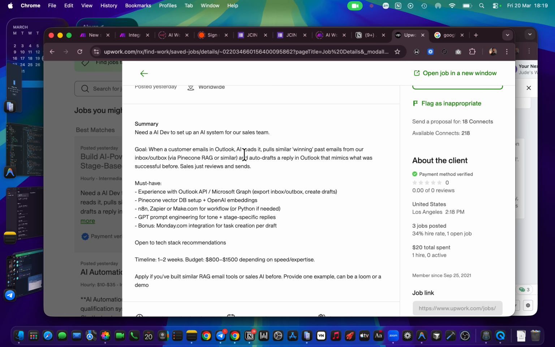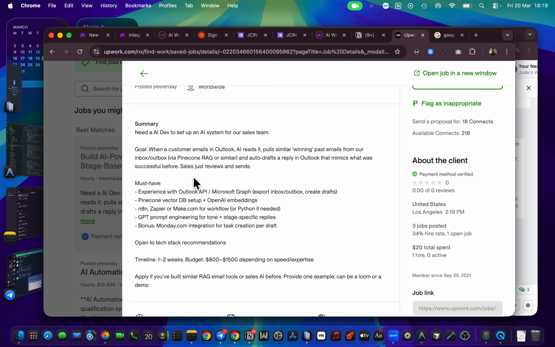This is one of the things I'm actually going to go through. I'm not supposed to be doing this early, but I just want you to understand, like, breaking things down. They want to receive a message and they want to pass it through an AI. Now the AI pulls similar writing, past emails. That means if it pulls similar writing past email, they want a place where it saves that email that it wants to pull. So from our inbox/outbox, Vi, Pinecone, RAG, or all these things are just big words. Honestly, it's not something big.